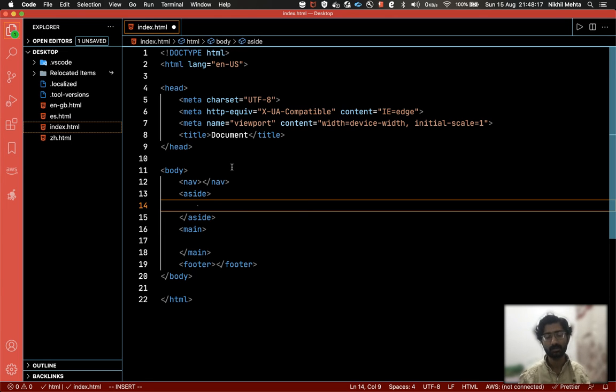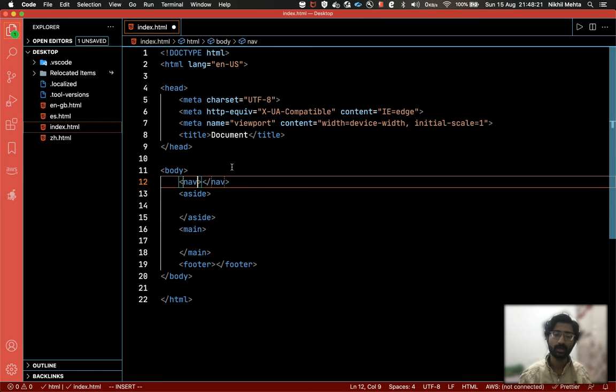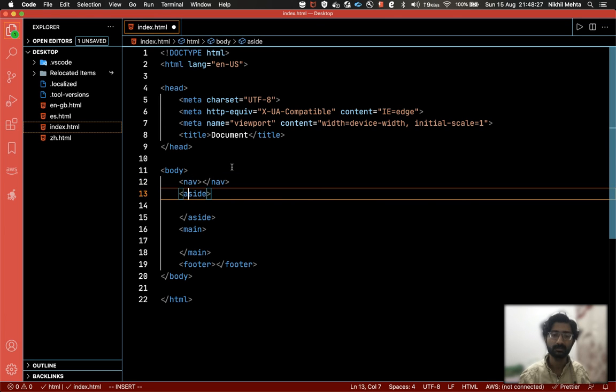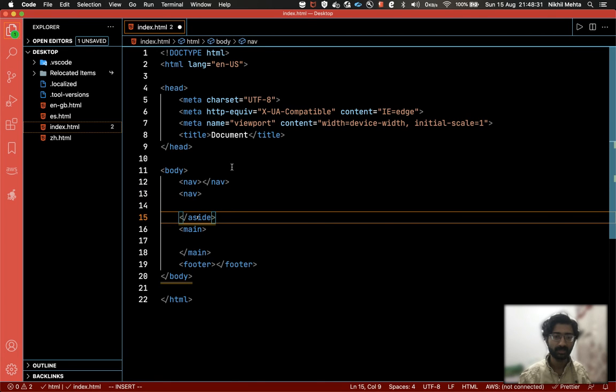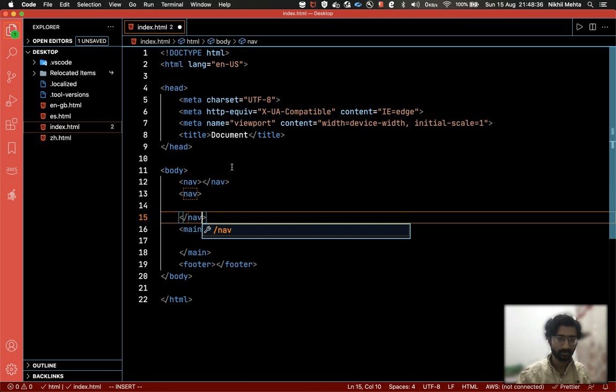The sidebar, either on the left side or the right side, should go in the aside. If you have a navigation on the left side, you should have it as a nav, not as an aside. You may end up having a sub navigation in your left sidebar.